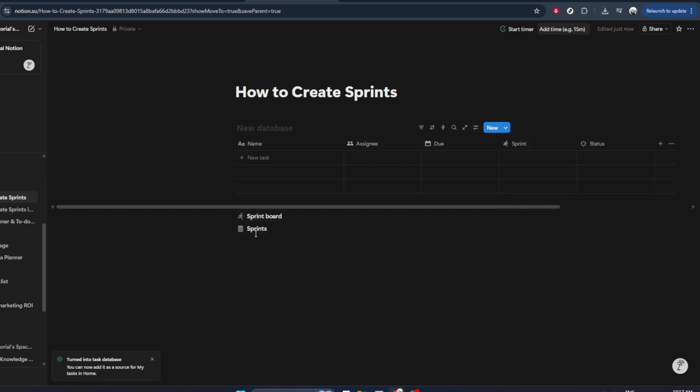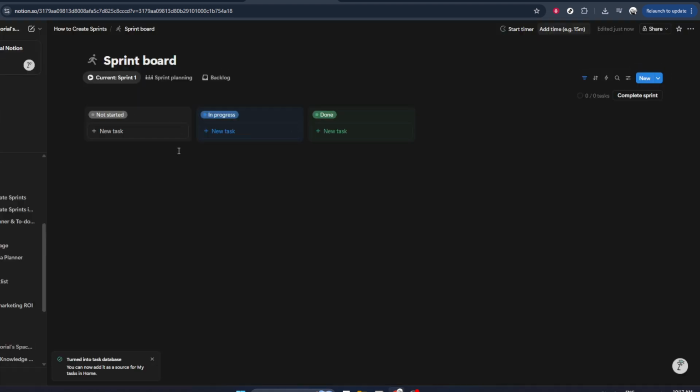Now, click on that same two-line icon again at the top of the database to reopen the settings. Go back into More Settings. This time, look for the option labeled Sprints. This is where you connect your task database to Notion's sprint features. Click on Sprints, and then choose Turn on Sprints. When you enable this, Notion adds sprint-related properties